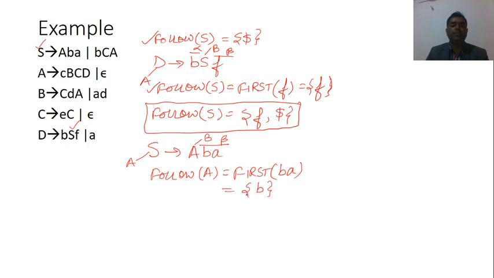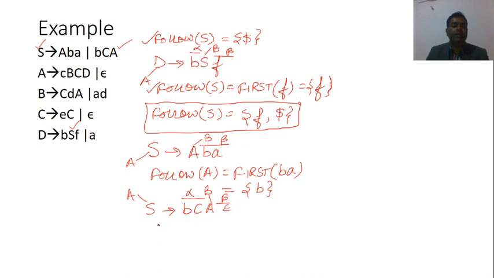Now just find out whether A is present in any other production on the right side. Yes, here A is present. Just consider this production: S derives to BCA, and just assume this B, A as B. This is your alpha, and beta is empty here. And this is your A. The A derives to alpha B beta. Beta is empty here, remember that.